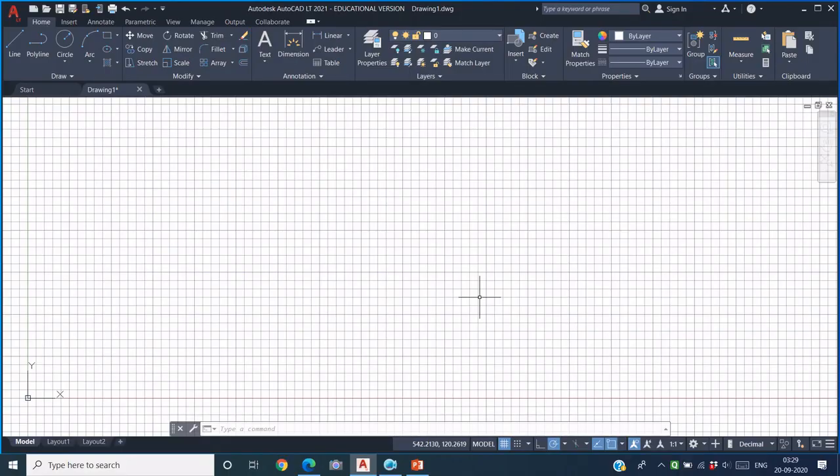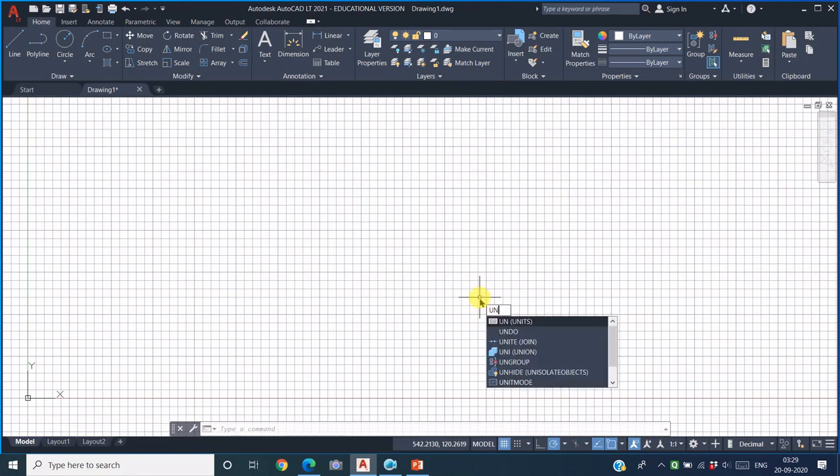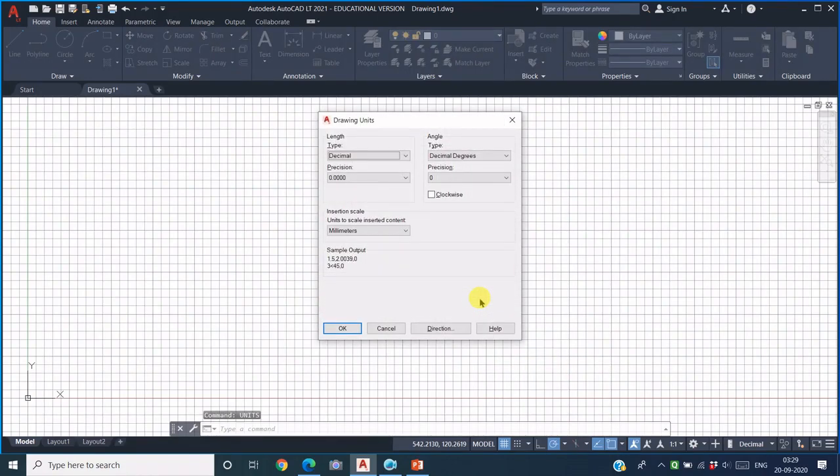When we start working in AutoCAD, the first thing we need to do is to declare the units. For setting the units, you just type units from the keyboard and then this dialog box will come. From this drop down list, you can select the type of unit to be used. It can be architectural, decimal, engineering, fractional or scientific. For this course we'll be using the decimal type of units, and then you can also select the precision, up to what level of precision you want to work while you're creating a drawing. So for this work, let us take a precision of 0.